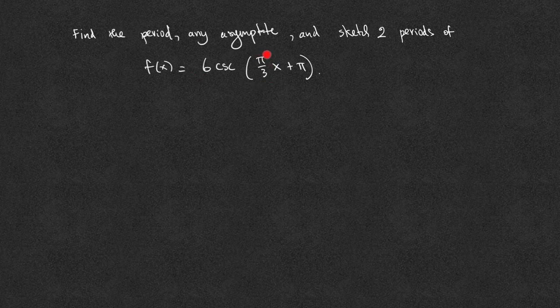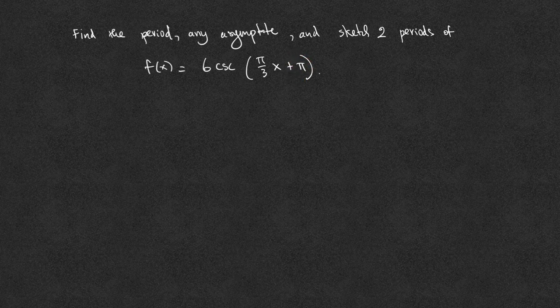The number pi over 3 is the horizontal shrinking because pi is approximately 3.14, and so pi over 3 is less than 1. If this number is less than 1, and it is a horizontal transformation, in this case, it shrinks the graph horizontally by a factor of 3 over pi. And then the plus pi will tell us that this shifts the graph of cosecant to the left, but